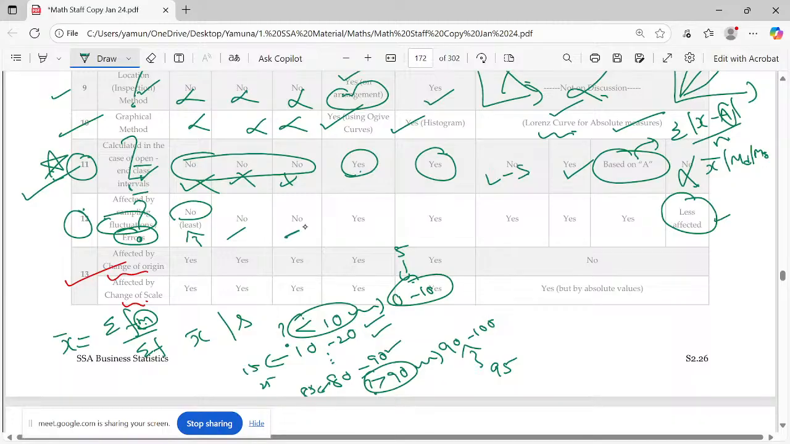See, generally mean is not affected. Median, yes, gets affected. This also gets affected. All the others get affected. So in that way, also we say that X bar and standard deviation are the better measure. Okay. So 11th and 12th point says X bar and standard deviation are better measures. Kindly go through the